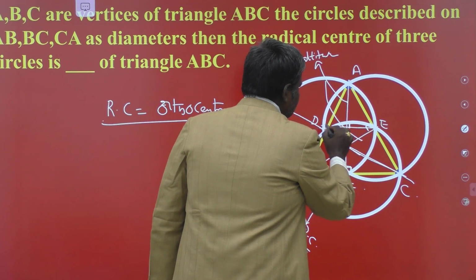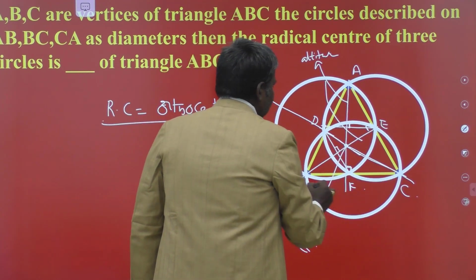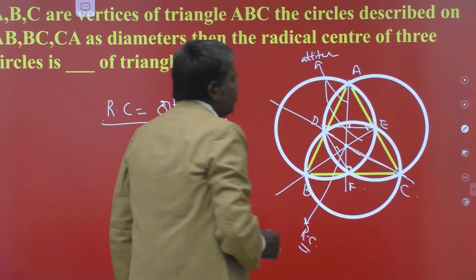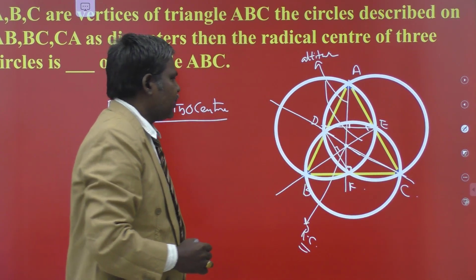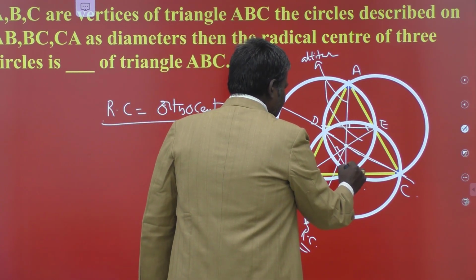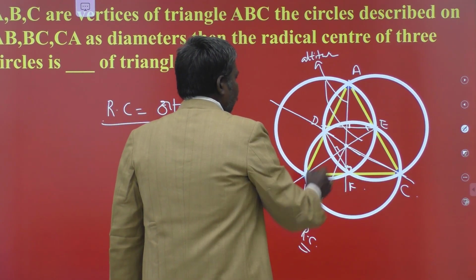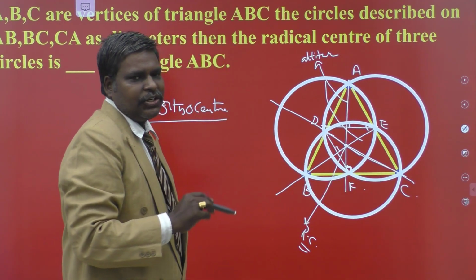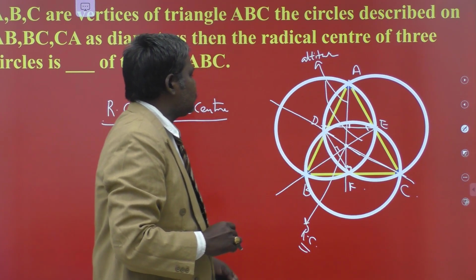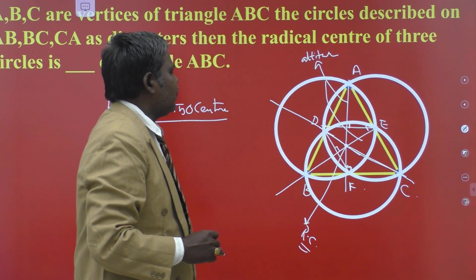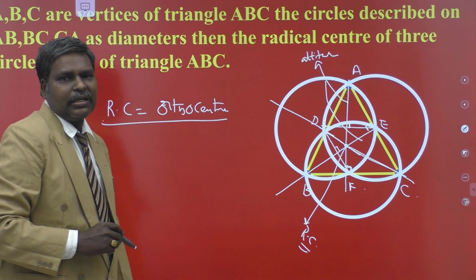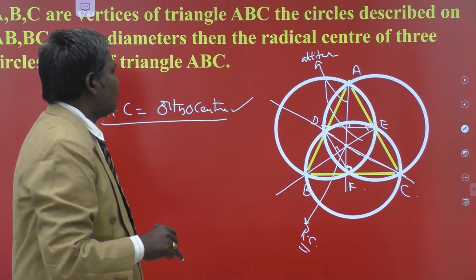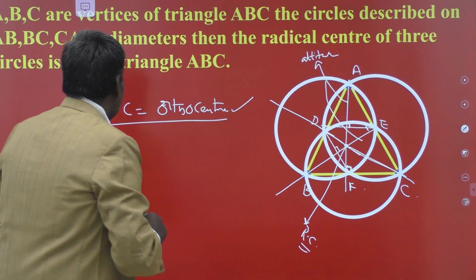So the line joining these, DE, is parallel to BC, because the line joining the midpoints of any two sides of a triangle is parallel to the third side. With that concept, these two are perpendicular. Here these two are also perpendicular. Therefore, this is the line passing through the vertex perpendicular to the side. That becomes what? Altitude. In the same manner, doing it two times, we have three altitudes. What is the point of concurrence of altitudes? Orthocenter. So the radical center of the three circles becomes the orthocenter of that triangle. Okay.